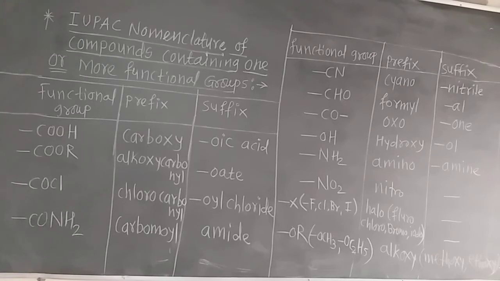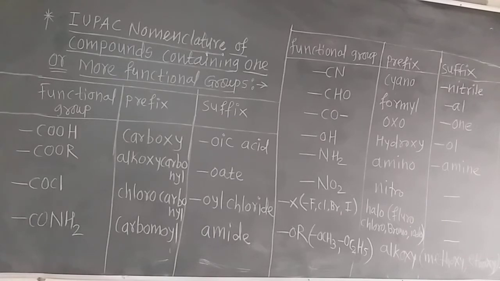Now when I taught you the classification of organic compounds on the basis of functional group, I gave you two examples of the esters, which are methyl acetate and ethyl acetate. Now those are the common names, but methyl acetate is called methyl ethanoate. So OATE is the suffix for the ester.